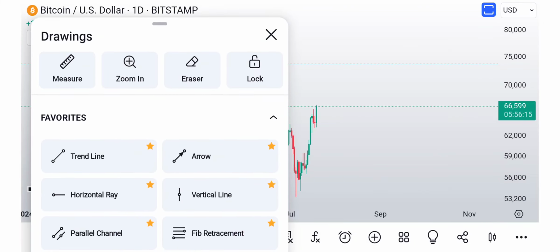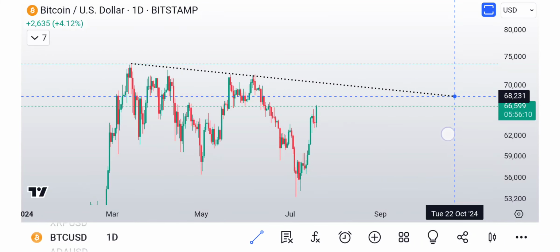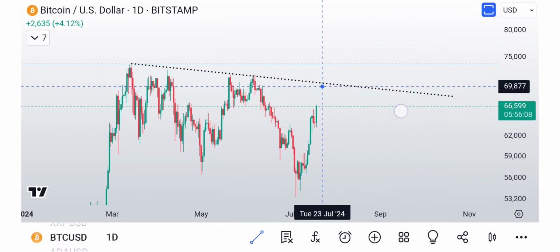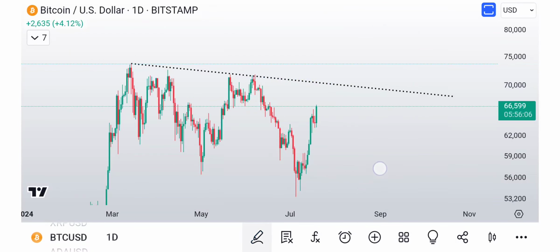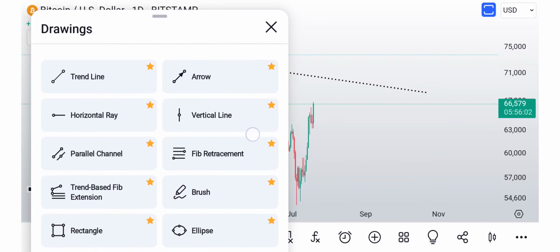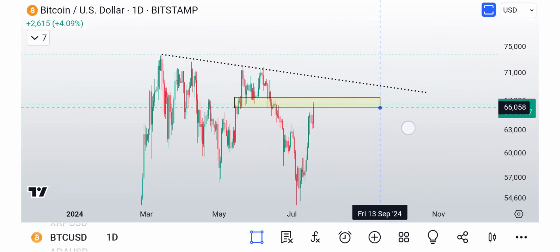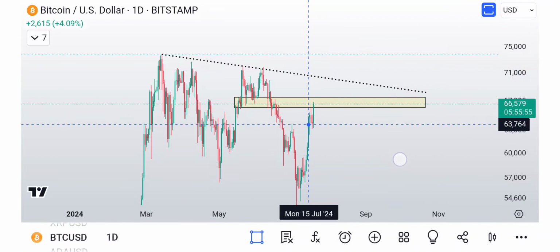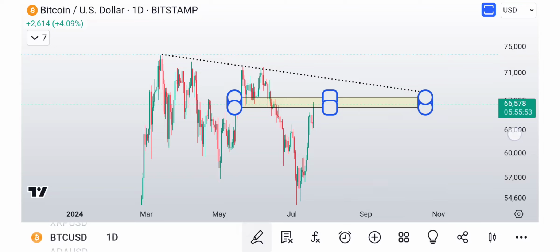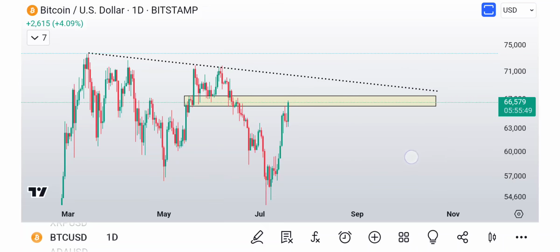So my best guess, if I put this trend line here, I think that's where we're heading. I think we're going to come up and tag that trend line here. But again, we're right here at some resistance. Right in here, that's strong resistance. So if we pull back from here, that also wouldn't be such a bad thing, right? I would actually probably expect that instead of getting to that trend line,